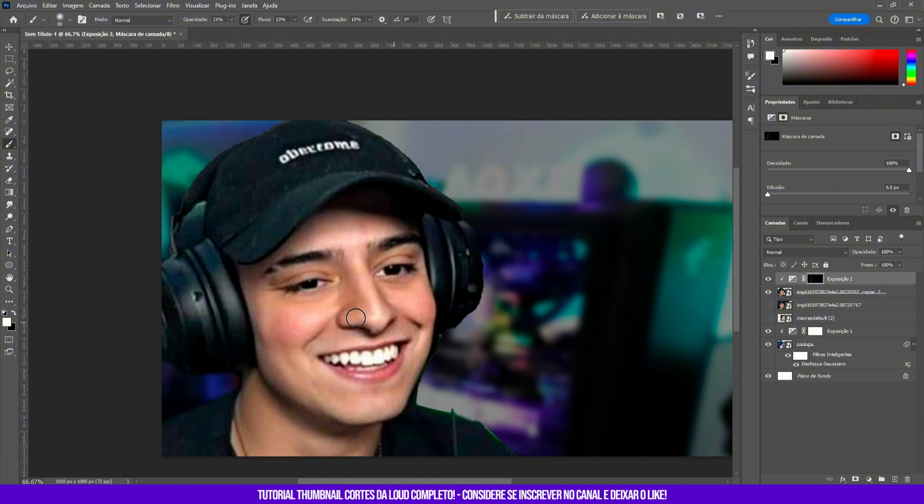These edges here, if you want to make it look a bit more dramatic, you can paint those too. Even on the cap, where you see there's a shadow, you paint this shadow this way to bring in a bit more dramatic effect. When we talk about drama, it's about having more detail, right? Look at the difference it makes. It has more detail and it manages to